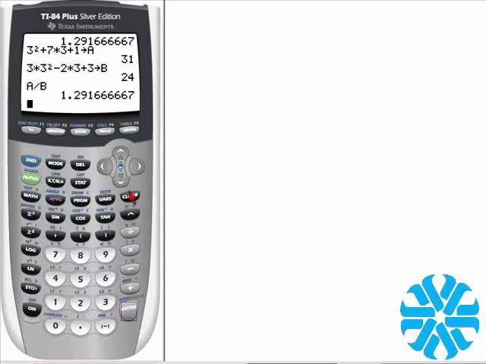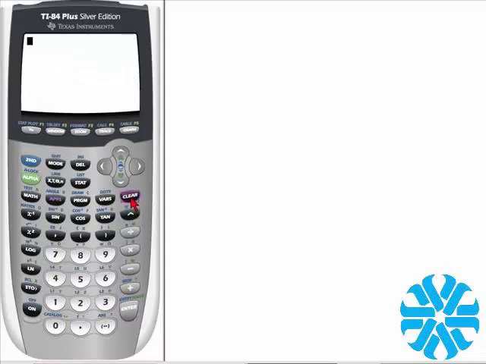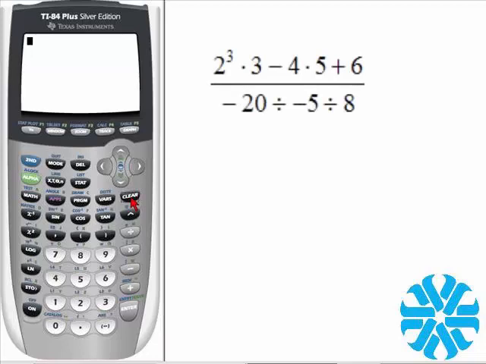So let's go ahead and clear the screen here. In example 2, we're going to compute, or we can say evaluate, the expression. So let's go ahead and compute this. It's going to be the same situation. We're going to start out with the numerator by starting with the left parenthesis. So that's going to be 2 cubed, so 2 raised to the third power, times 3,